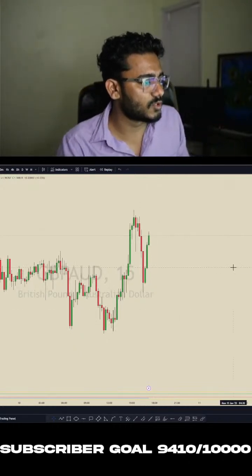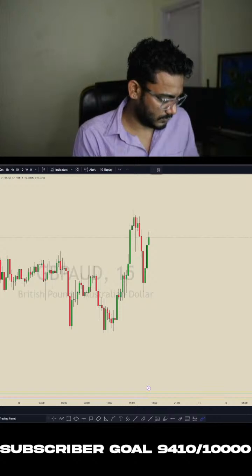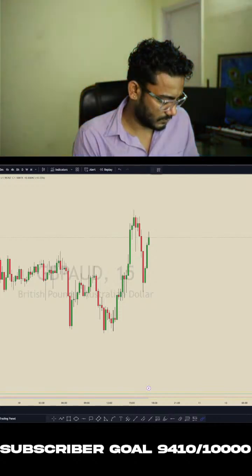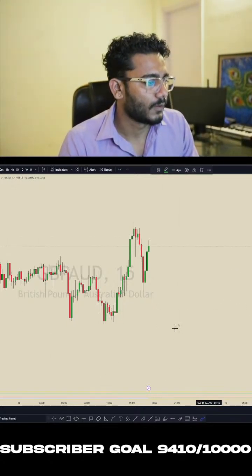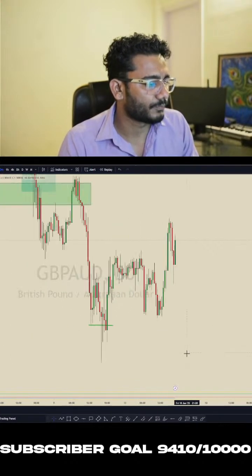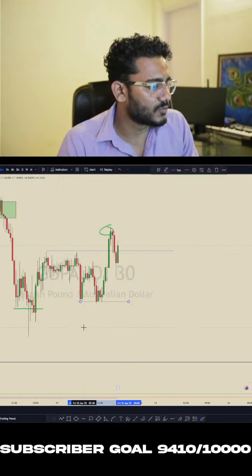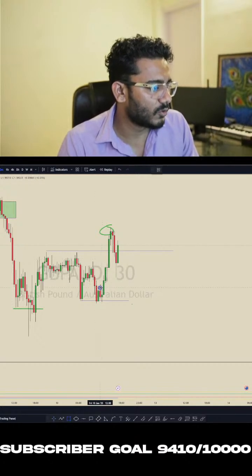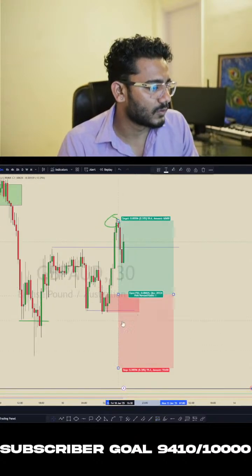So we have this inducement over here on GA. On 30 minutes, price broke the structure, created a new high over here, and then we have this inducement. Price came lower, swept these lows, and again there is an order block on 30 minutes. This is our 30-minute origin order block where price is creating a swing low, so we can look for a buy side entry at this entry, stop loss below this low, and the next high will be a target.